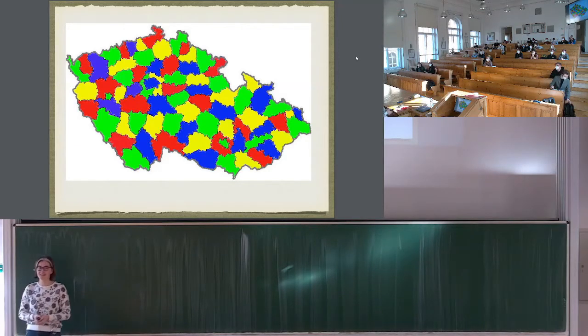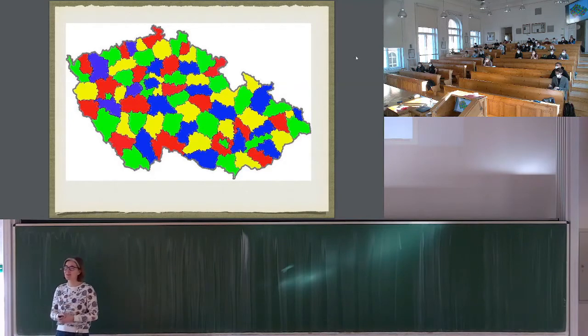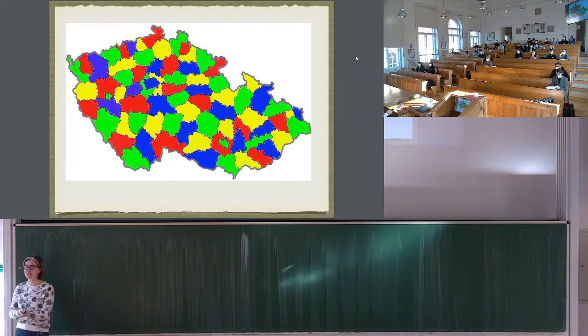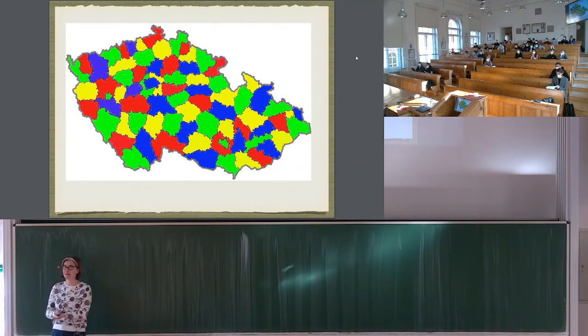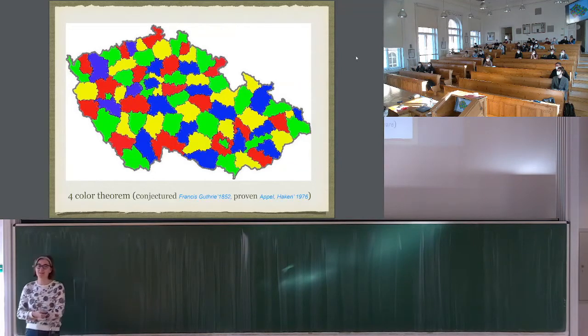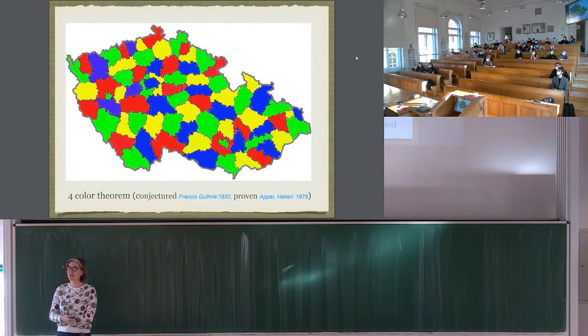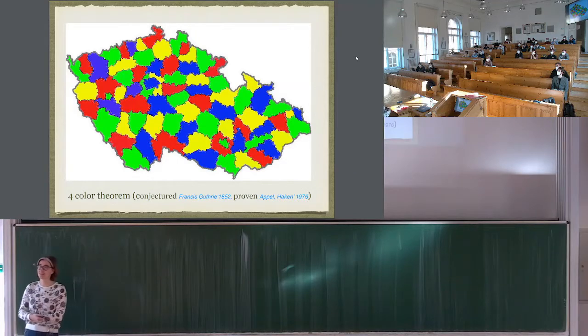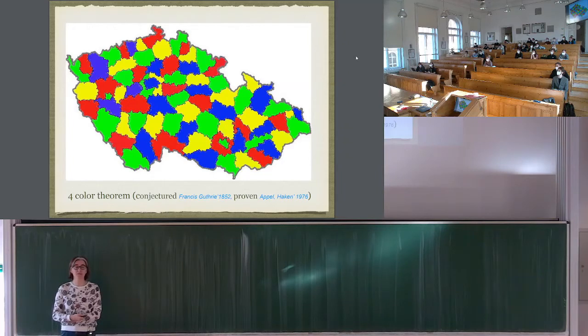This is something that a 6-year-old can try, right? It's not so easy. For this map, it took me probably half an hour to arrange things properly to find colors that are consistent. And that's how it looks. Now, what is interesting about coloring of maps, something on a plane, planar maps, is that this is one of the famous problems in combinatorics: since 150 or 170 years or so, we had a conjecture that 4 colors are always enough to color a map.